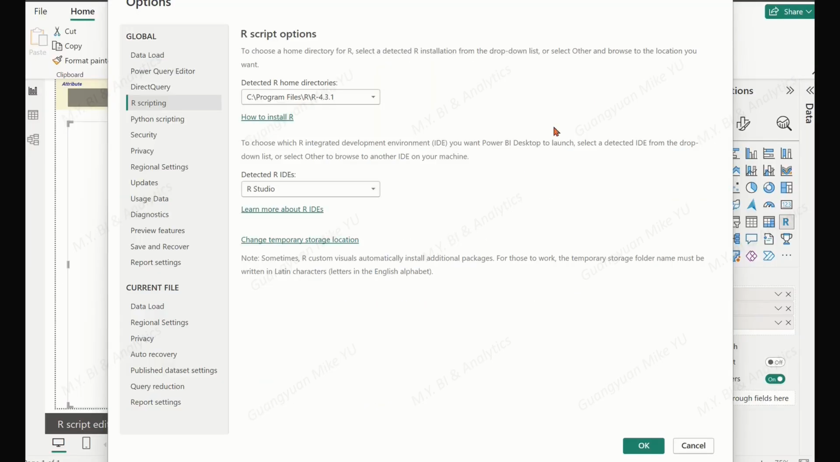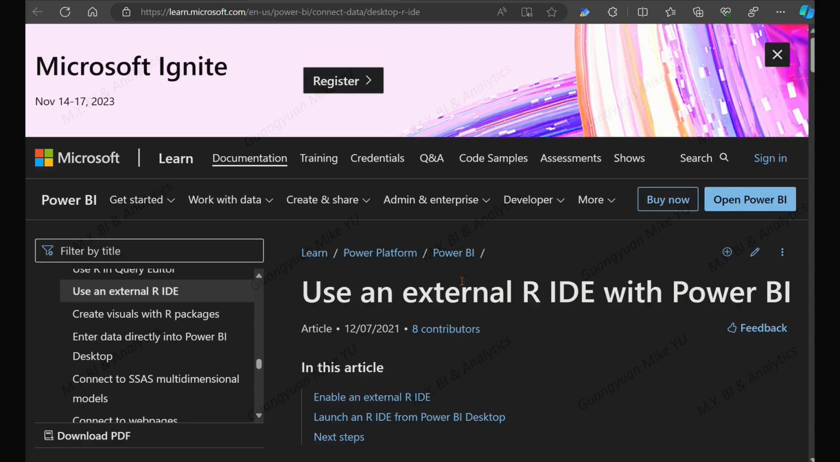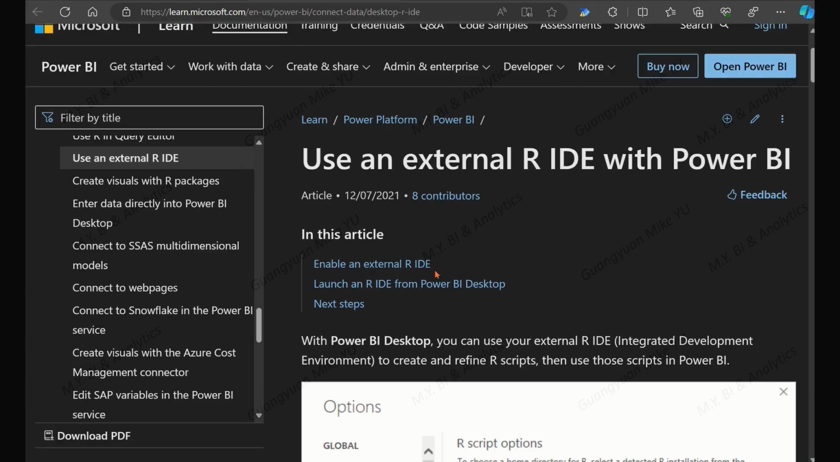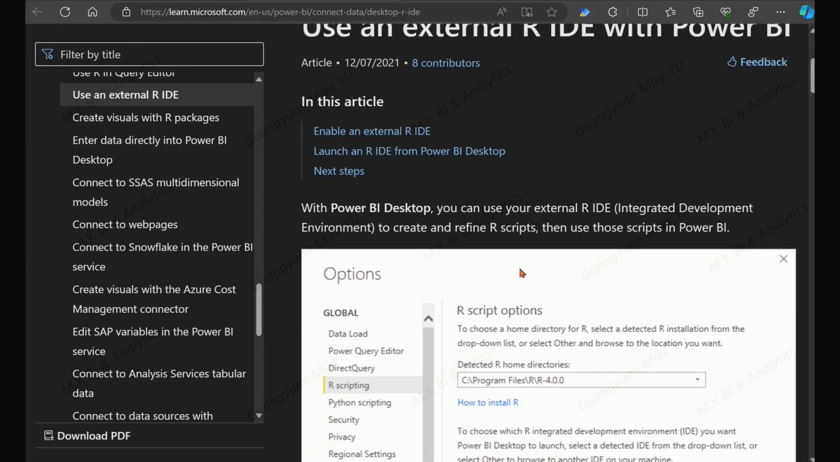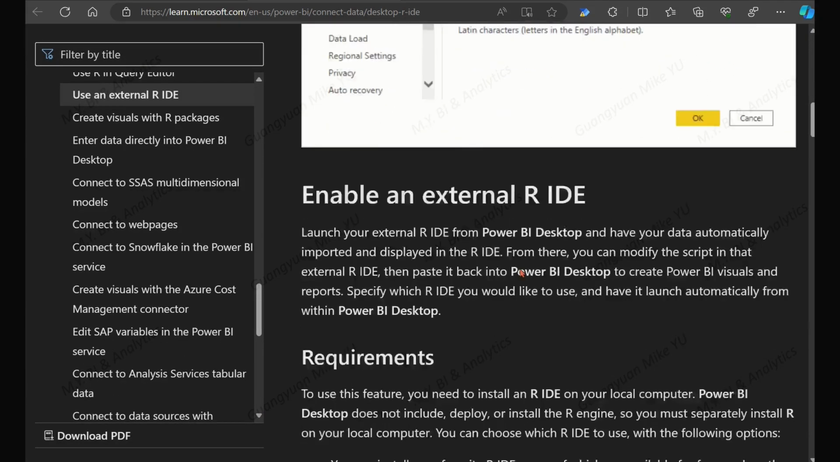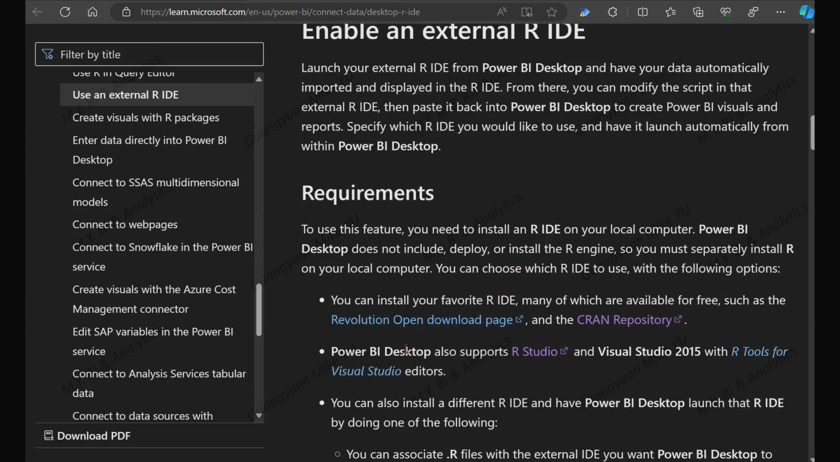The second field is to choose which R IDE, integrated development environment, for example RStudio, you want Power BI Desktop to launch. You also need to install RStudio. To know what benefit we get from RStudio and how to install it, click the link Know more about IDEs. It brings us to the site to know the benefits of using R IDEs, and where to find and how to install